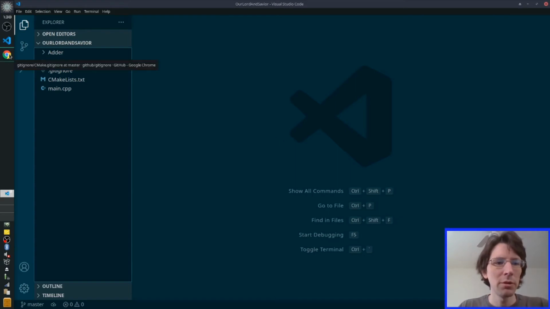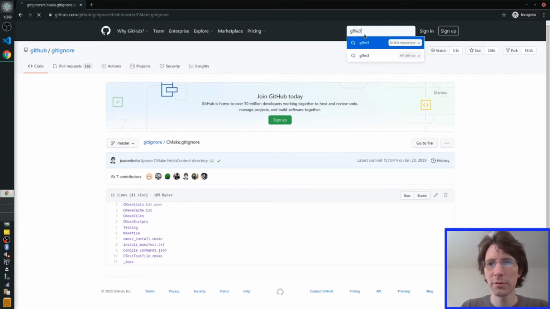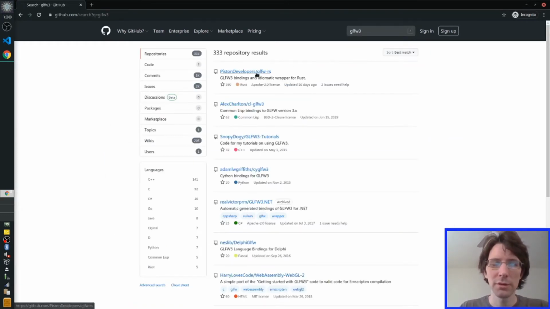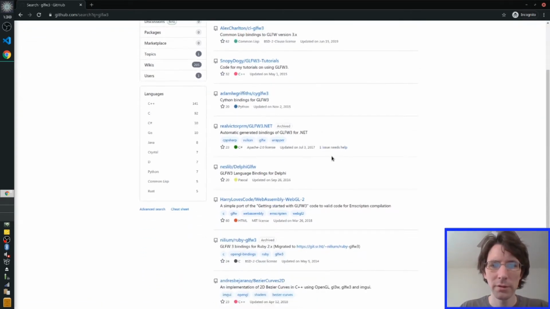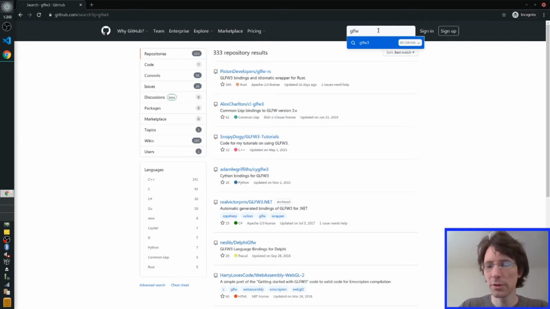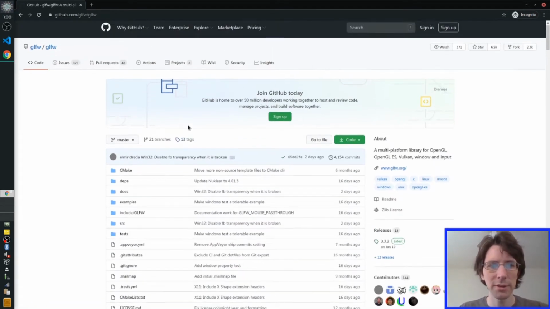So we will go into Chrome here again, and we're on GitHub. Let's just find a common one like glfw3, all GitHub. So this is just a windowing application. None of these are it. Maybe it's just called glfw. Yeah, here it is. So this is a, as it says here